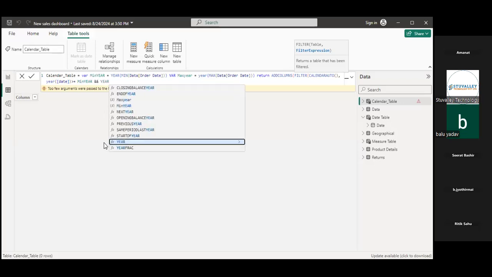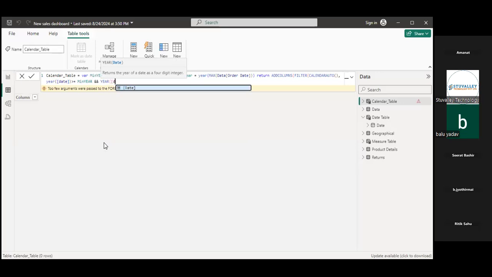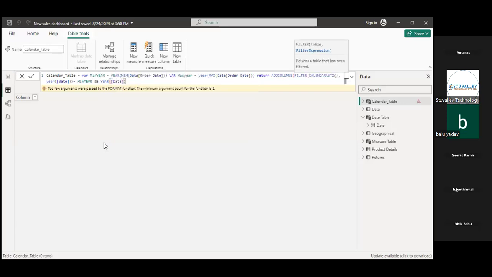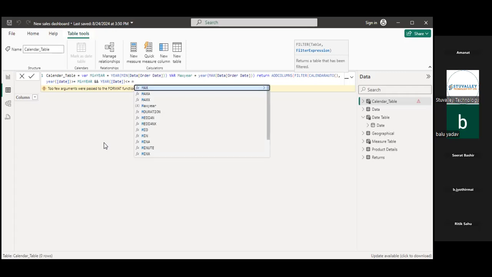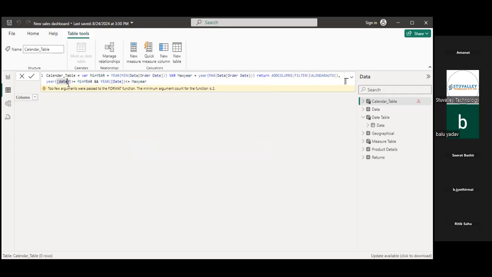here, date, here, date, less or equal to maximum year. Maximum we will use also. So I put date.